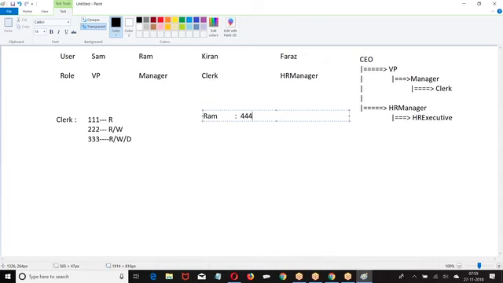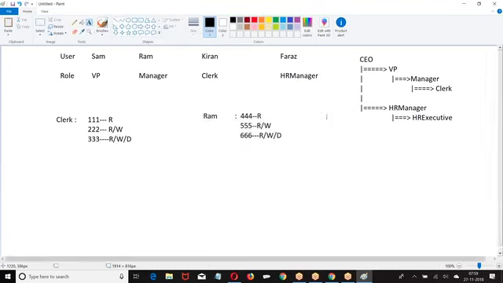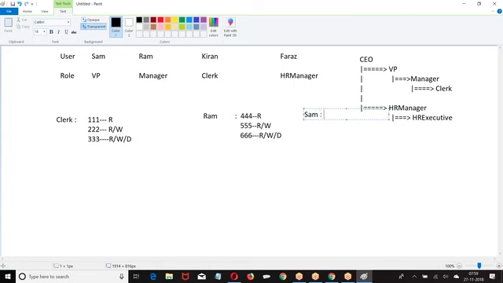Ram can see 444. Then Sham, this is what they are able to see.